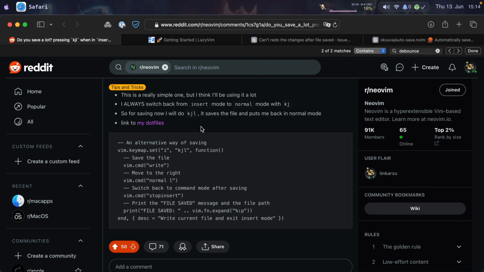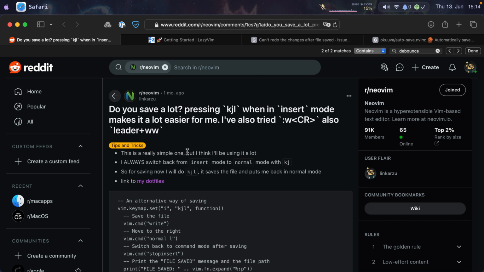When I was in insert mode, I pressed KJL and that took me out of insert mode and saved the file. But I save way too often, so I needed something more dynamic, and that's why I decided to use the plugin. You can go over this post and you will find a lot of different ideas, suggestions on how